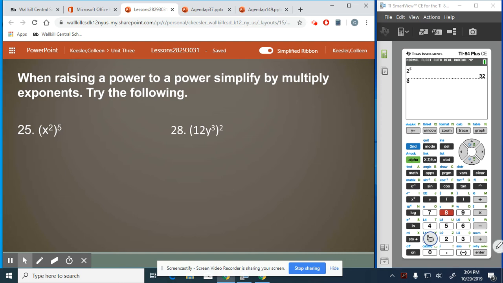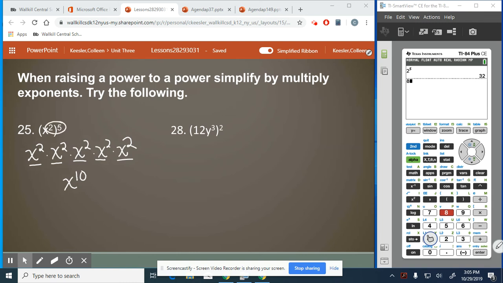Our last rule is that when you're raising a power to a power, you're going to simplify by multiplying the exponents. Let's take a look at two examples together before you try some on your own. So in this case, number 25, I have x squared to the 5th. So that's like doing x squared times x squared times x squared times x squared times x squared. And we know when we're multiplying those out, we can add the exponents from the previous rule. But this x squared would be two x's being multiplied together. And then this one would be 2 more, and this one would be 2 more, and this one would be 2 more, and this one would be 2 more. So that's going to give us x to the 10th, which I could have found just by multiplying the 2